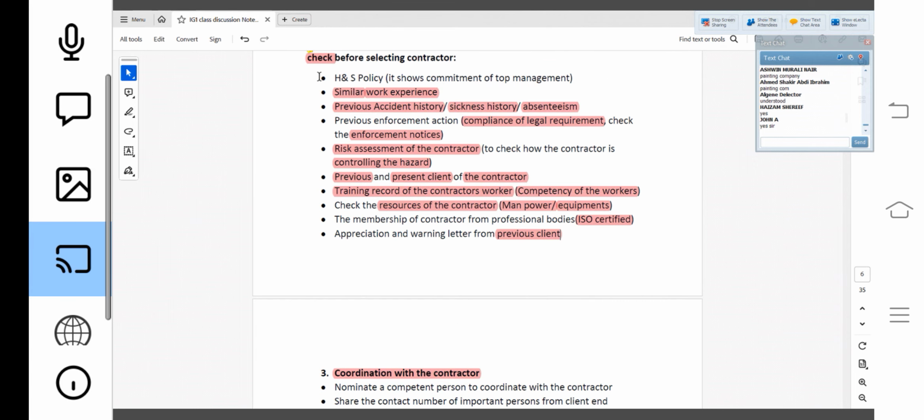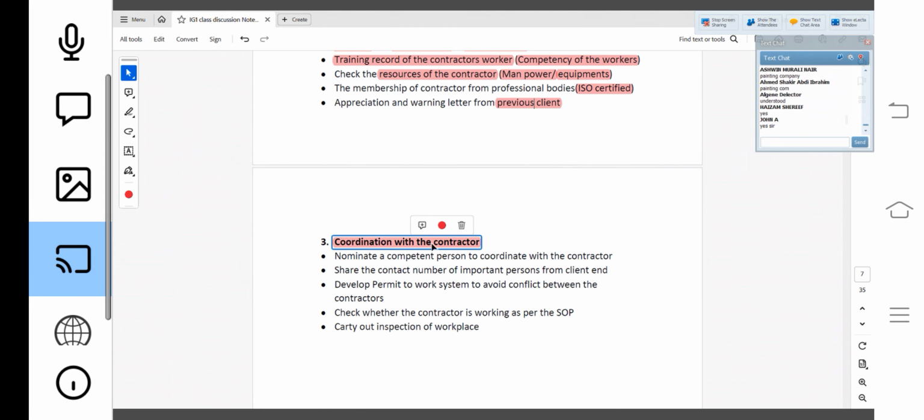So how to manage the contractor? How to coordinate with the contractor, how to maintain the contractor at the workplace? Being a client, I will appoint or nominate a competent person to coordinate with the contractor. The contractor will be given contact or introduction with the competent person who will be coordinating how the work is being carried out.